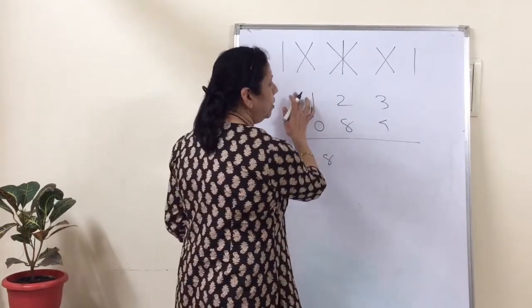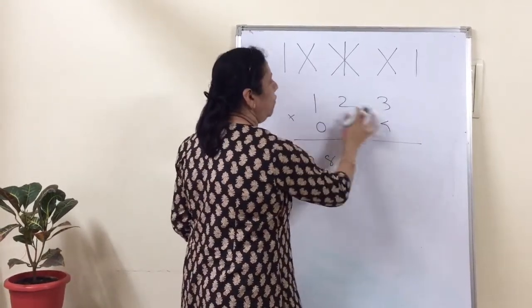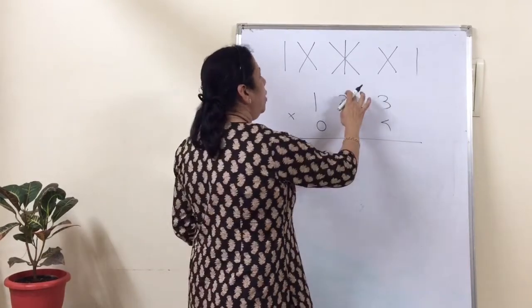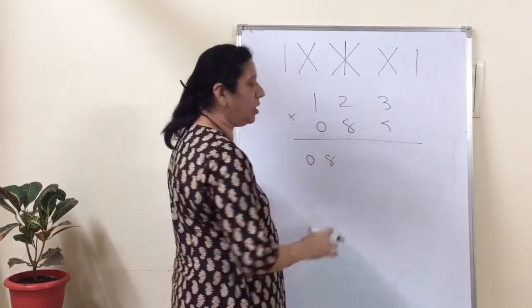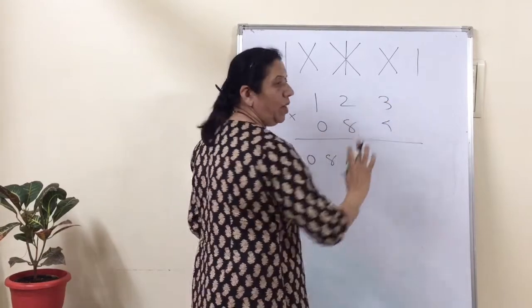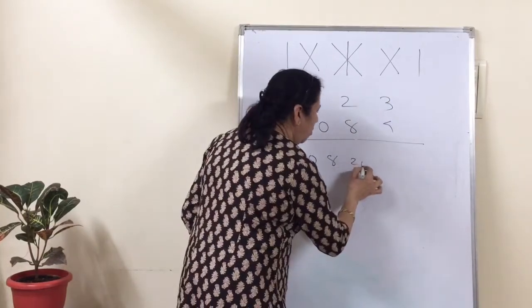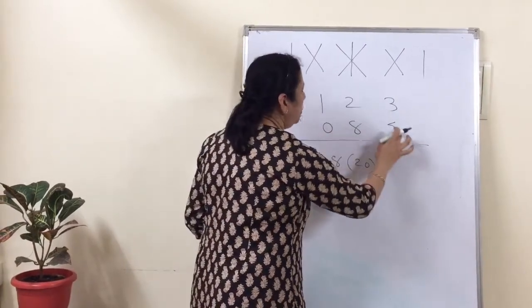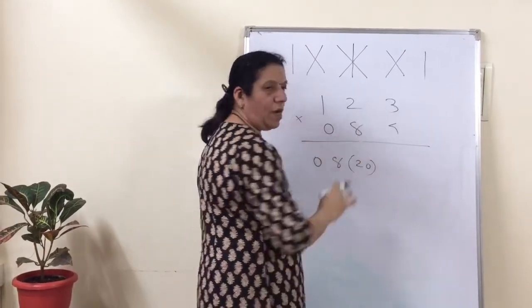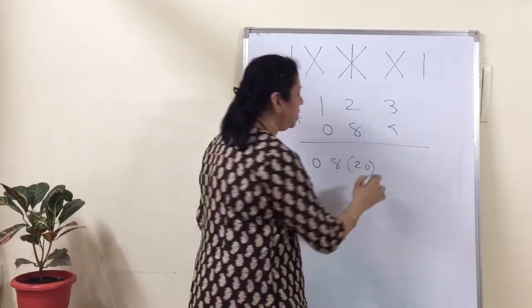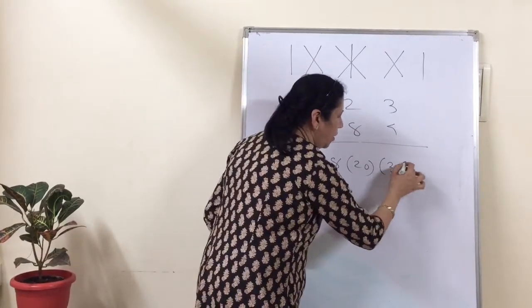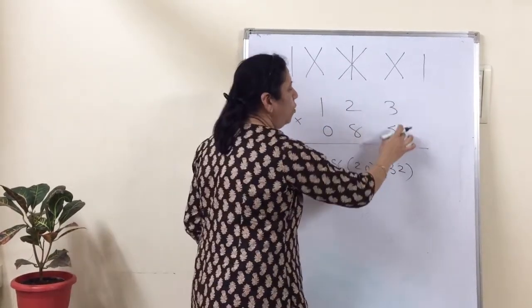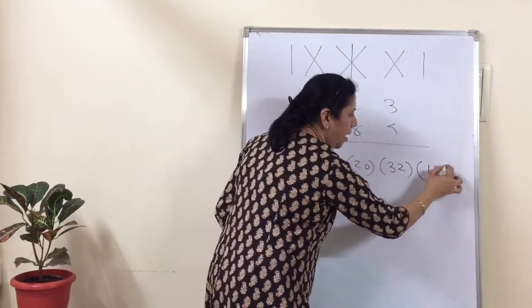Okay. Now all the 3 columns we have to consider. So 1 into 4 is 4. 2 into 8 is 16, 16 plus 4 is 20 and 0 into 3 is 0. So we write down 20 here. Okay. Now the last 2 columns. 4 2s are 8 and 8 3s are 24. 24 plus 8 is 32. So we write down 32 here. And the last one is 4 3s are 12. So we write down 12 here.